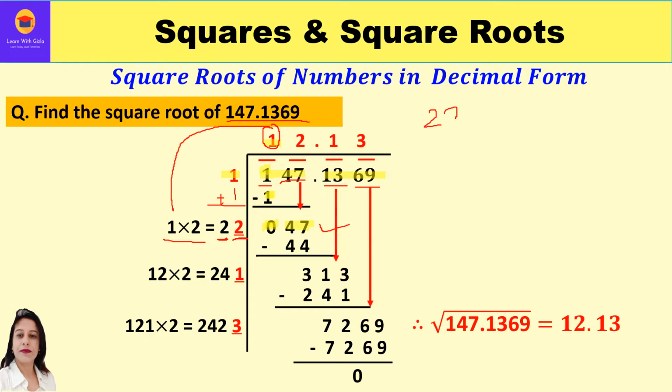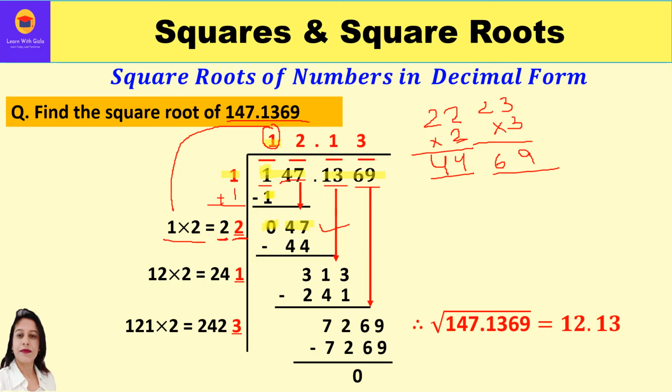Suppose I keep 2 over here and I multiply it by 2, and I will get 44, which is less than 47. Suppose I also try with 3. Suppose I try keeping 3 in the blank. So 3 3s are 9, 3 2s are 6. 69 will be more than 47. So I will restrict myself to 2.